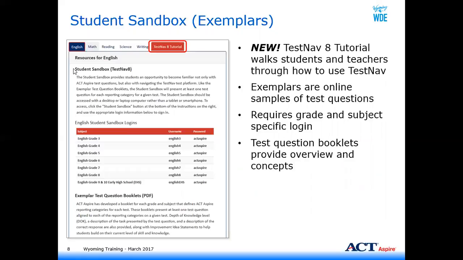We do recommend beginning with this new TestNav 8 tutorial. We added this in the fall. This tutorial provides a general overview of TestNav. It's going to walk through the different functionality and tools that are available, let students know how to navigate through TestNav so that they become familiar with using the testing platform, how they're going to take the test, and then they can go and take the subject exemplars and become familiar with the content. So that way they're familiar with the system before they have to go through and start taking the sample test